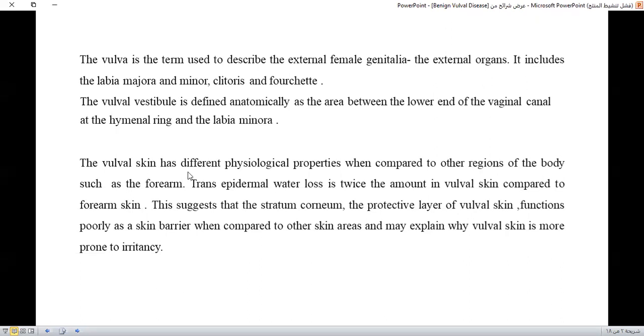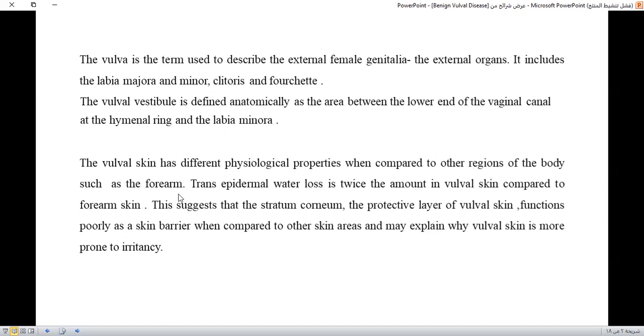Vulval skin has different physiological properties. What are these properties, which differ from the skin of other areas, like the forearm? Transepidermal water loss is twice the amount in vulval skin when compared to forearm skin. So it will be a poor skin barrier, which explains why vulval skin is more prone